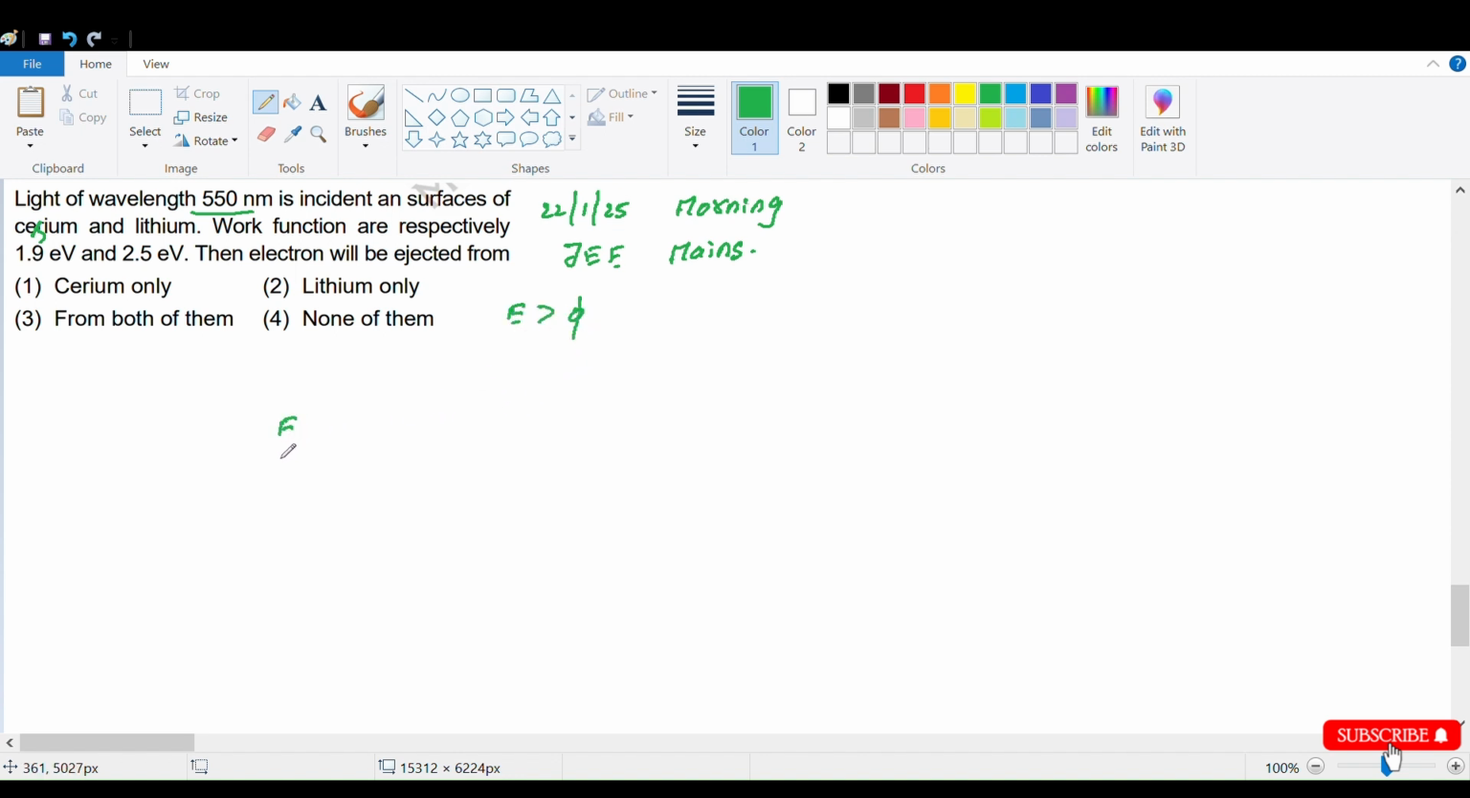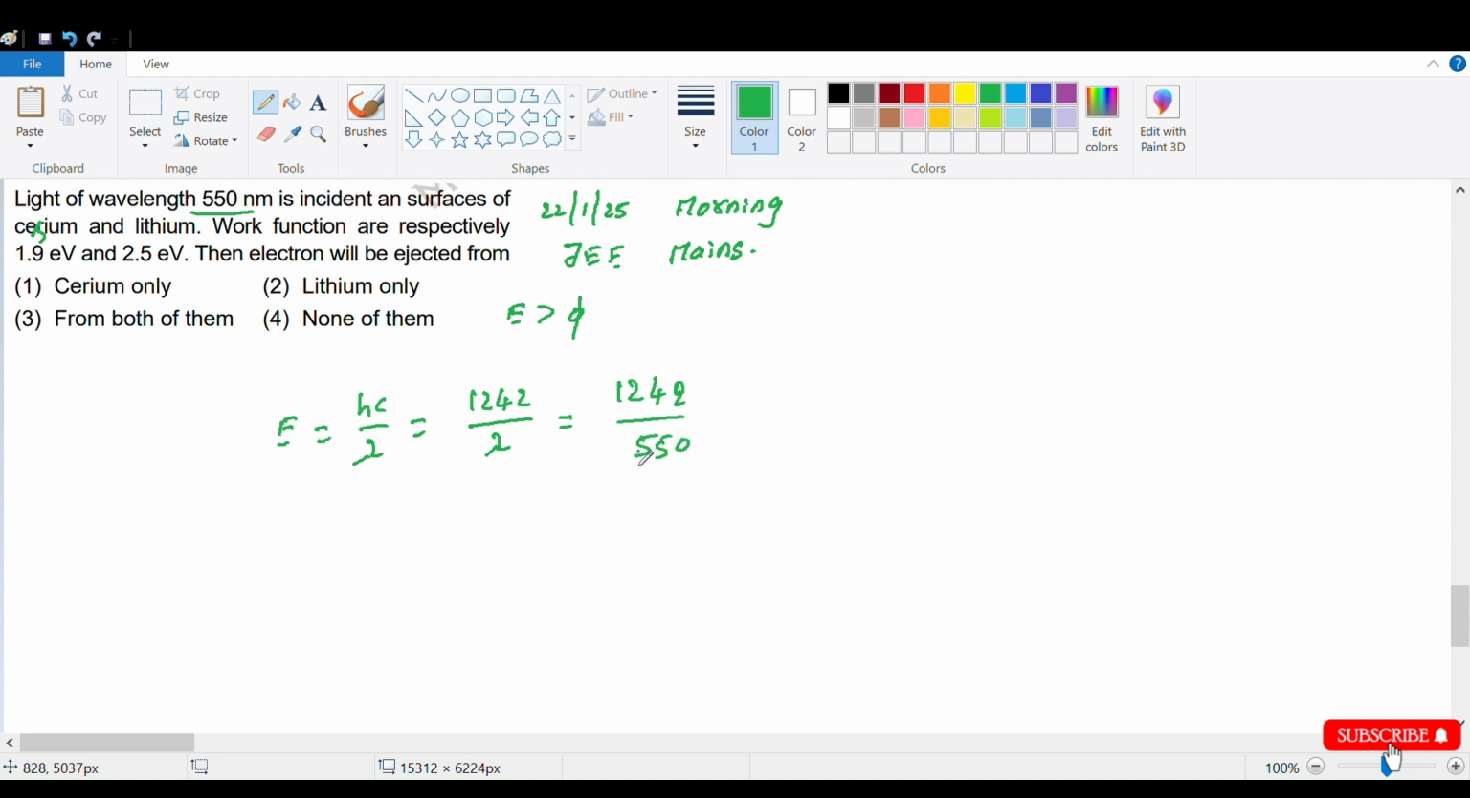Find out the energy, E1, first one. Basically, E is equal to hc by lambda. One more formula, 1242 by lambda. Lambda should be in nanometer, and you will get energy in eV if you use this formula. Then you can take it approximately as 1242 by